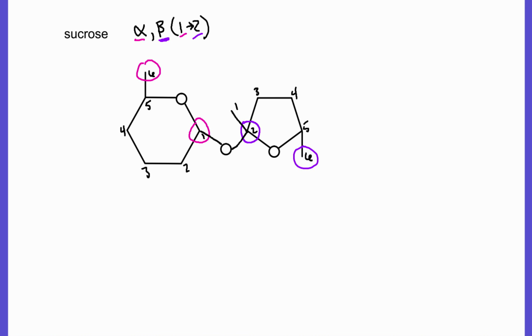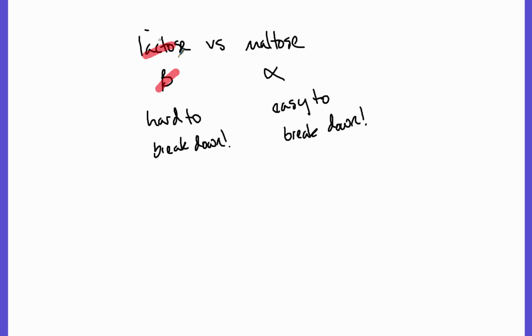So again, last little add-on here, we need to know that lactose versus maltose, beta versus alpha, it's much easier to break down an alpha bond than a beta bond. That's why we care about the direction to begin with. That's why we've been talking about it. There's a reason why people are lactose intolerant. So as long as you kind of get the gist of that,